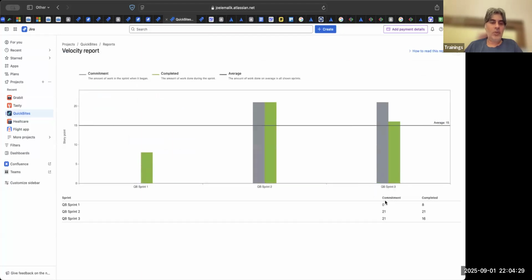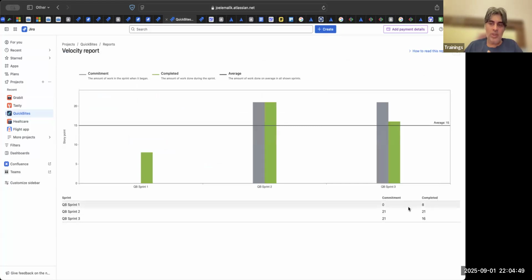See, 0. If you pick up anything in Cloud Jira in this version, you start any project, in the first sprint, it will mark it as 0. Could be a bug, could be a design, but this is how it is. But ultimately, this is from next sprint onwards. The data we have to cover is this.